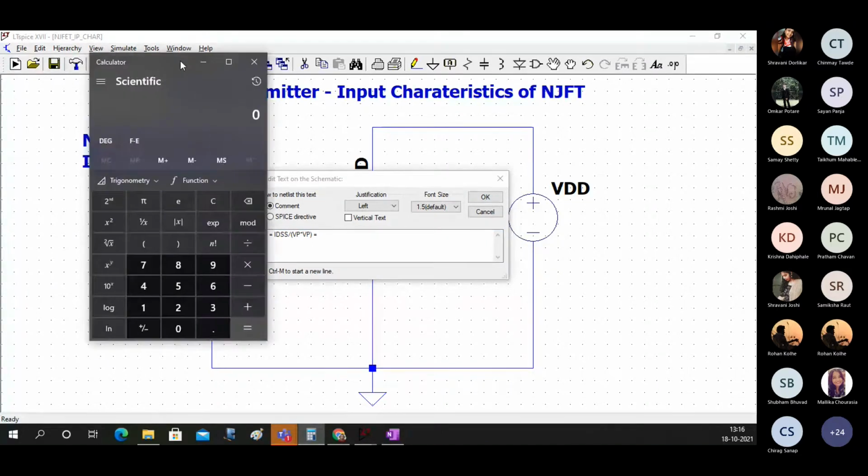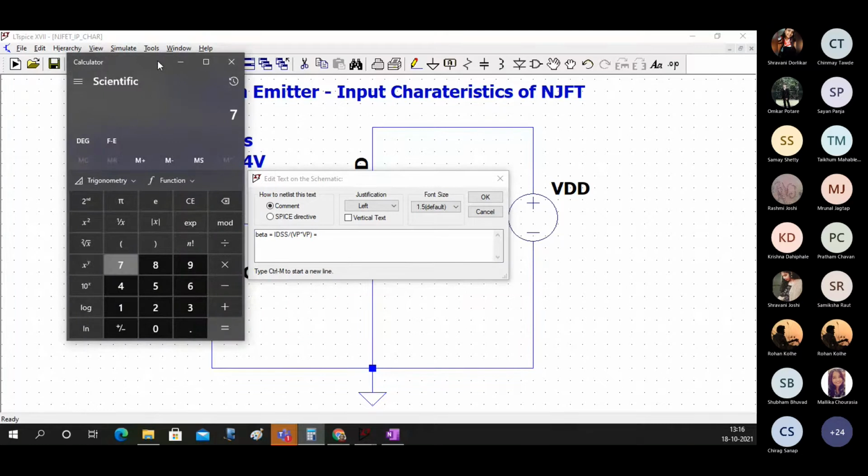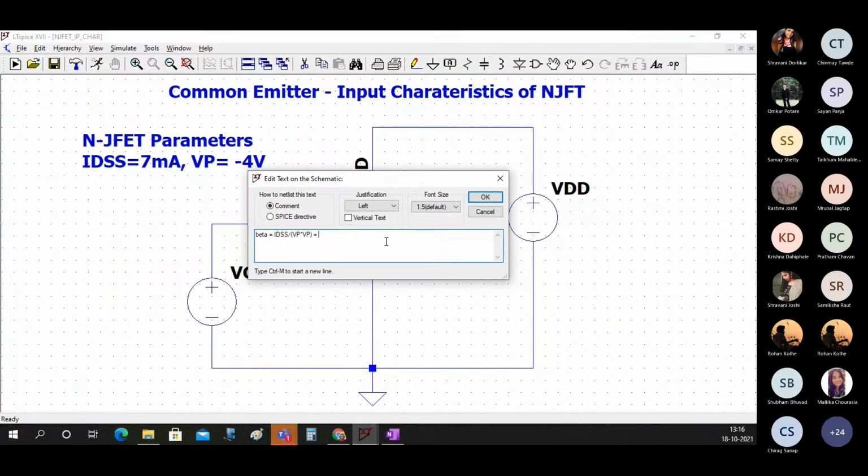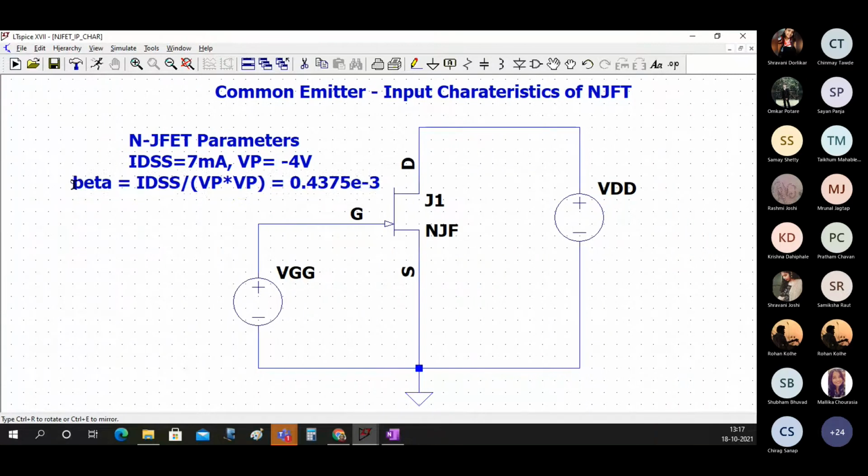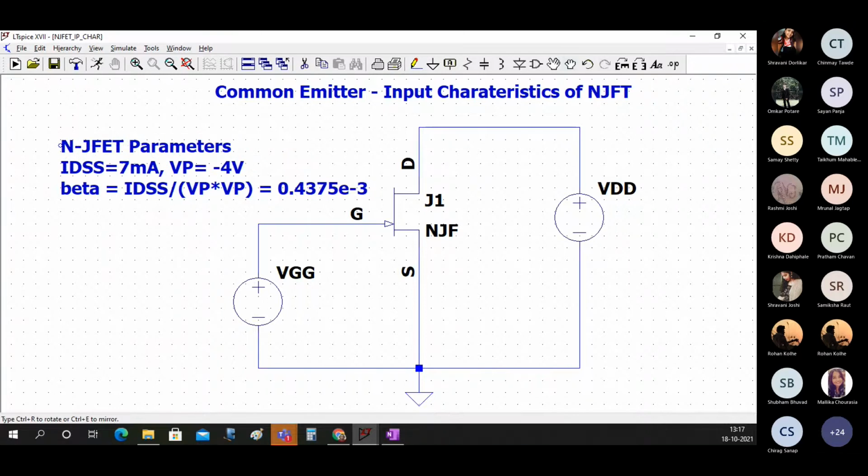If you purely calculate, 7 divided by 16 is 0.4375, and there is a milliampere, so we will have 0.4375 E minus 3. E minus 3 means 10 raised to minus 3. So this is the value of beta that we are planning to give, that is 0.4375.